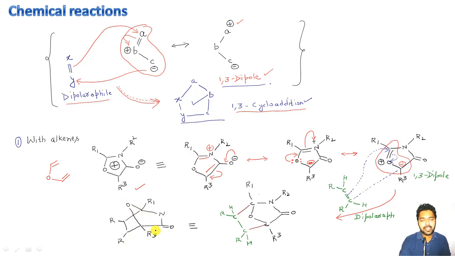So this is the cyclic adduct here, and it is all about the very first chemical property or chemical reaction of the first mesoionic heterocyclic molecule, which is this 1,3 oxazolium 4-olate. And the reaction is with what type of reagent? It is with this type of dipolarophile, which is an alkene molecule. And what is the name of this reaction? It is simply a 1,3 cycloaddition. The mechanism is concerted, resulting in the formation of this type of cyclic adduct.